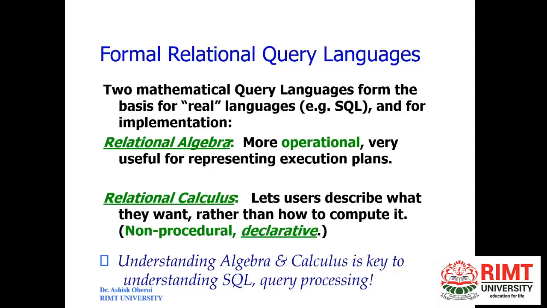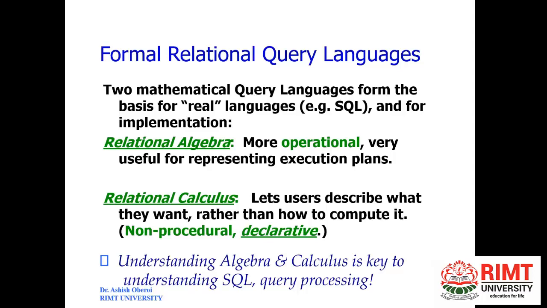As the name suggests, with relational algebra and relational calculus, we are dealing directly with the relations, directly with the tables. Clear? That's why it is called relational. Whenever you encounter the term relational, it means we are dealing directly with the tables, or whatever operations we are performing, we are performing them directly or indirectly on the tables itself. And mind it, we are applying operations on the tables or relations, and the output will be again relations.